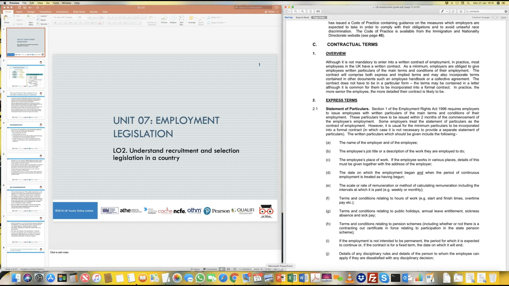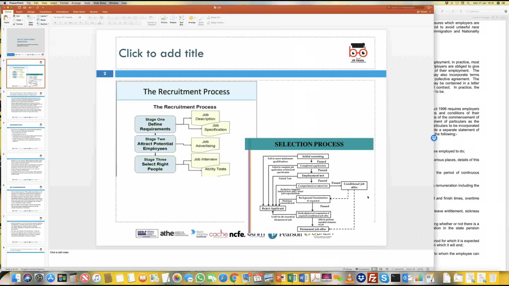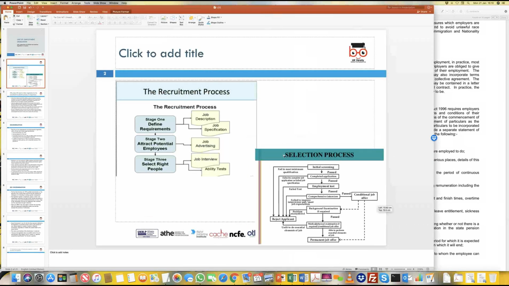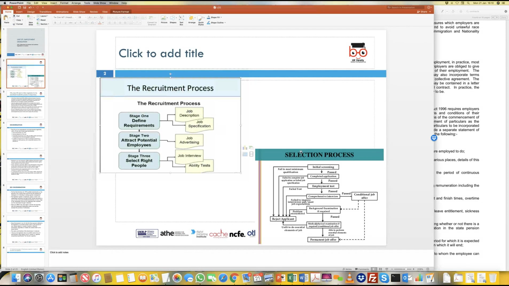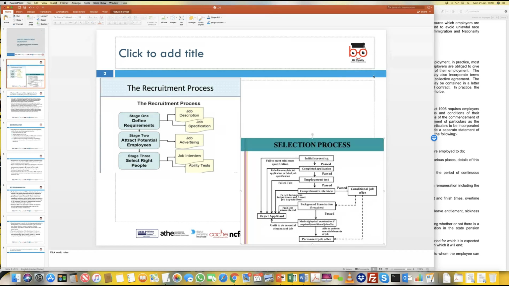If you recall some of our discussions in Unit 1 and Unit 2, we specifically looked at recruitment and selection. When does recruitment happen? When the organization is looking at employing new people, or if a vacancy opens up, or in some cases if the organization is expanding, or maybe opening a new branch office or expanding into a new location, there is in general a need for the business to get more manpower. Then the process of recruitment and selection actually comes into play.